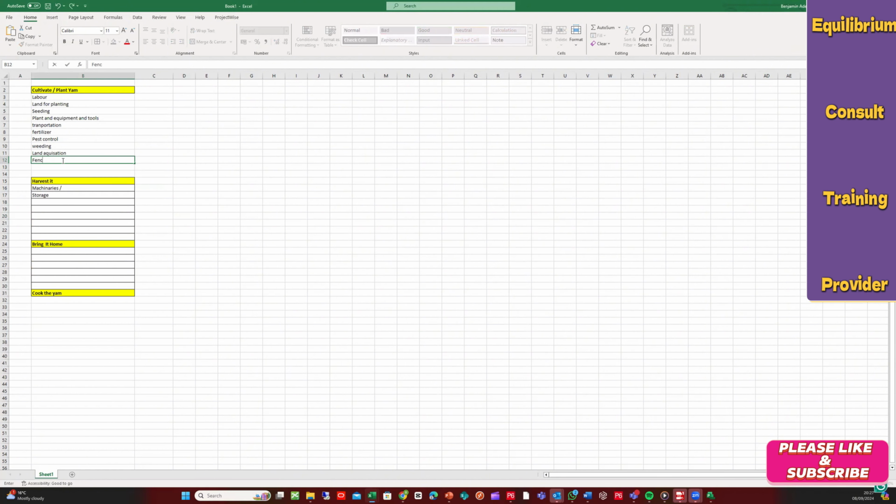Okay, fencing, or boundary marking. We can put security on that as well now, because that's key. You don't want your products gone. Security.